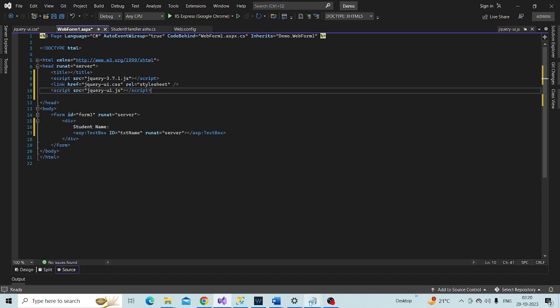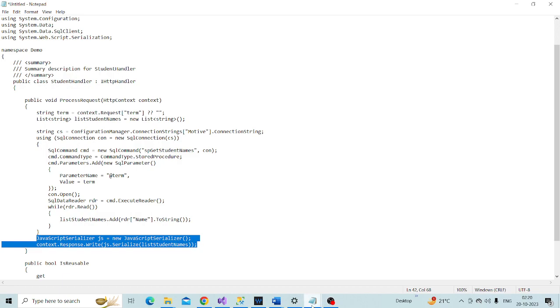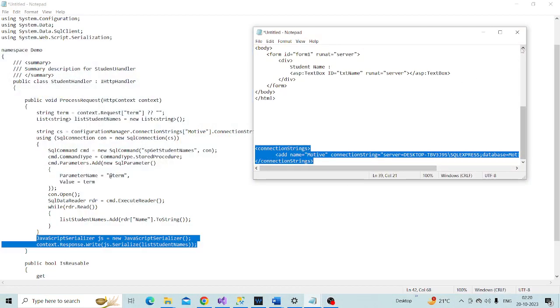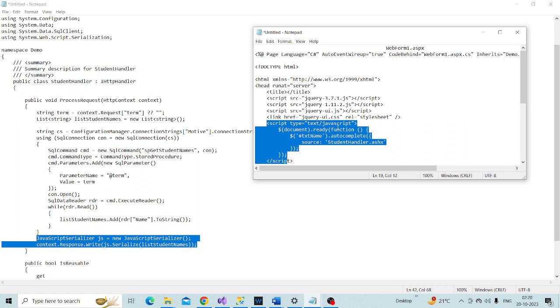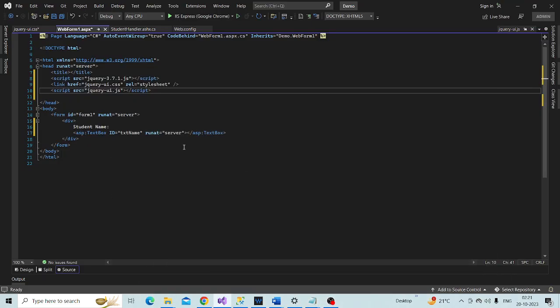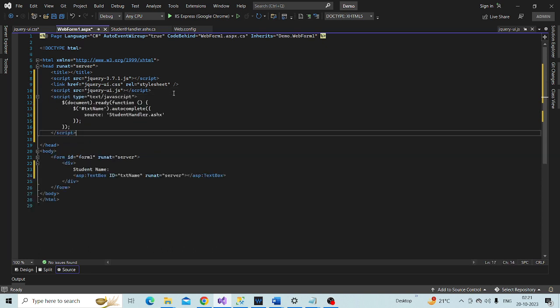So go to the notepad, and from here, copy this script and paste this script below here. Okay,